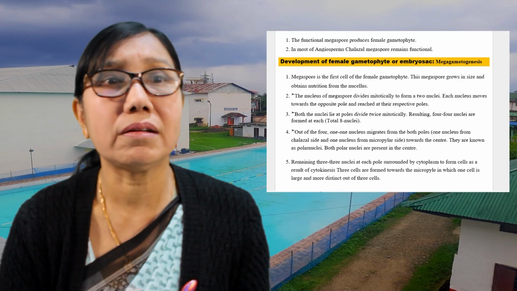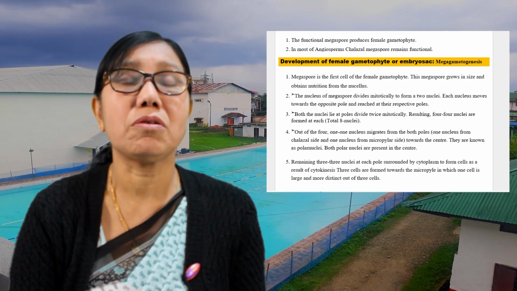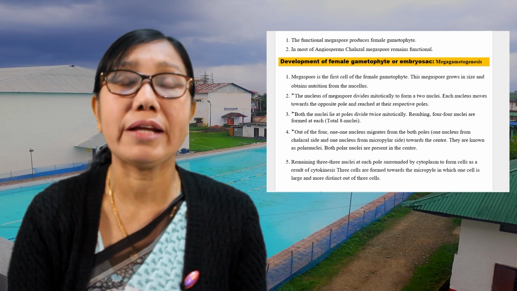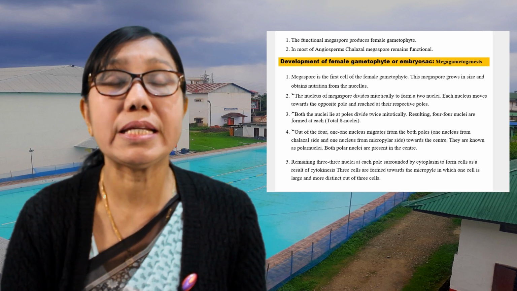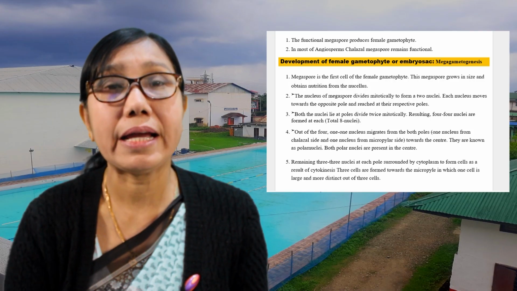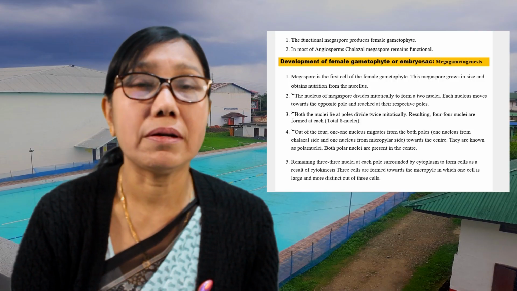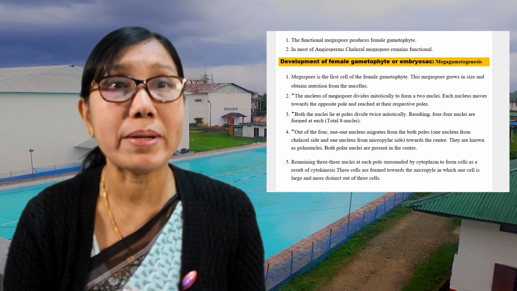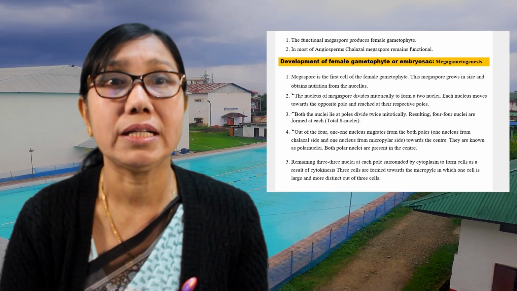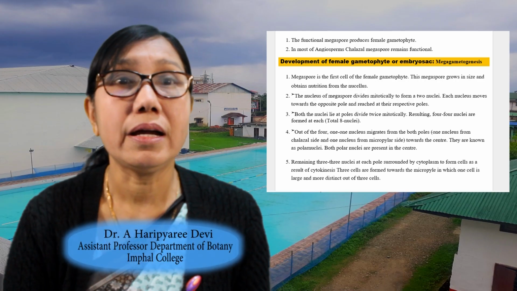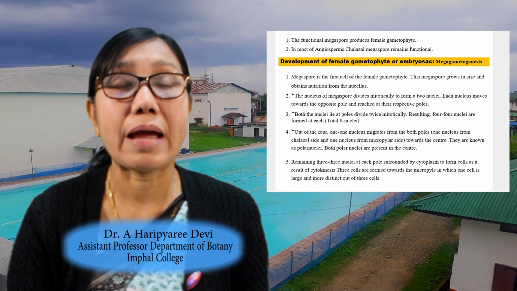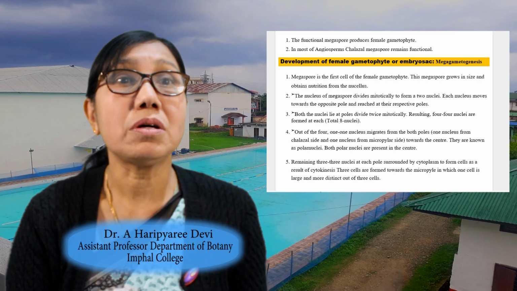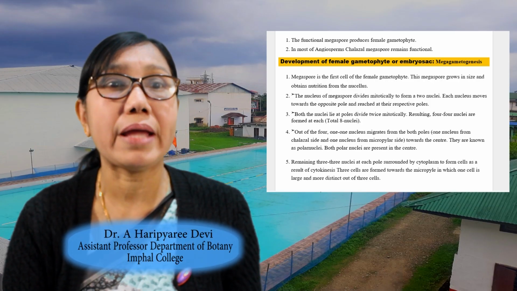Now, how does this female gametophyte, or the embryo sac, develop? This process is megagametogenesis. Like megasporogenesis, in megagametogenesis there is the formation of the female gametophyte. You should not be confused: the female gametophyte is nothing but the embryo sac. So, in the formation of the embryo sac,